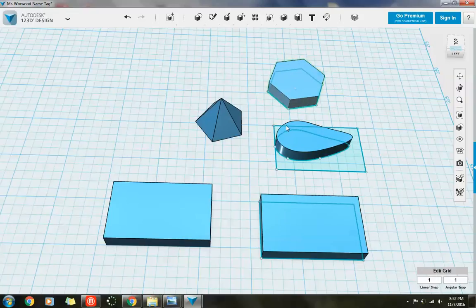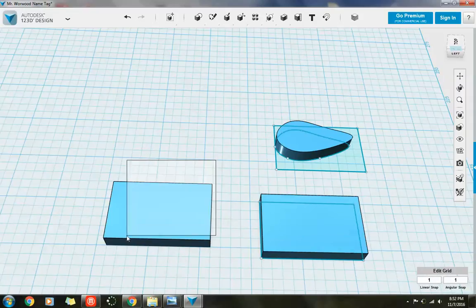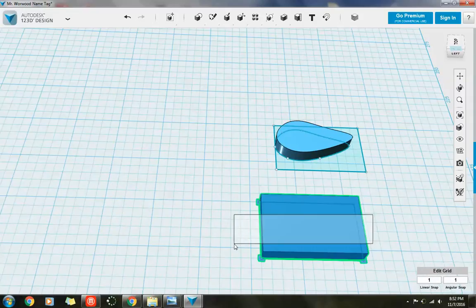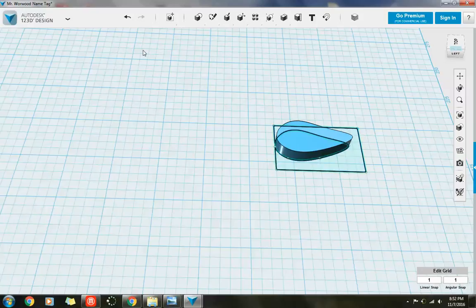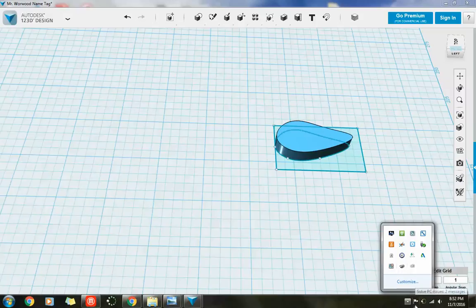Once you've played around and figured out a shape, you can go ahead and delete the shapes that you don't need. And then save it and move on to the next video, and I'll show you how to put your name and the hole in it and other cool little tweaks that may